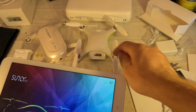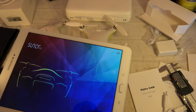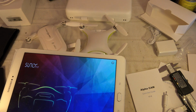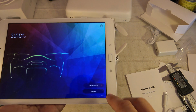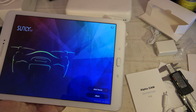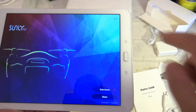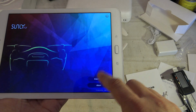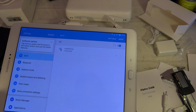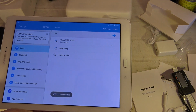So what you will have to do is turn on the machine, and after a couple of seconds, when the machine finishes booting, you will be able to enter, and you will have to press enter device, which is nothing else than the list of all available Wi-Fi devices, open Wi-Fi in the corner. If you press enter device, as you can see, it's opening the default Android Wi-Fi list, and you can press ALPHAcam and click on connect,